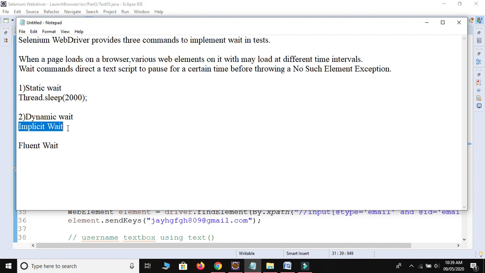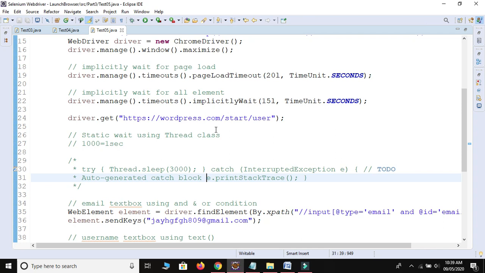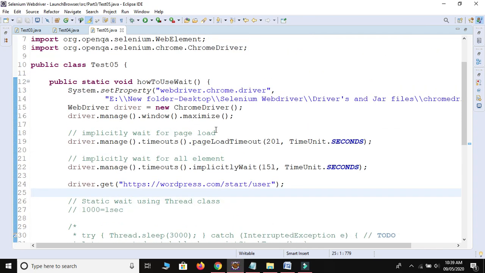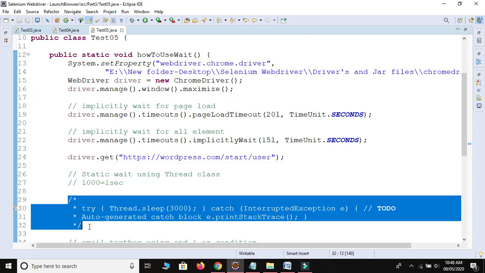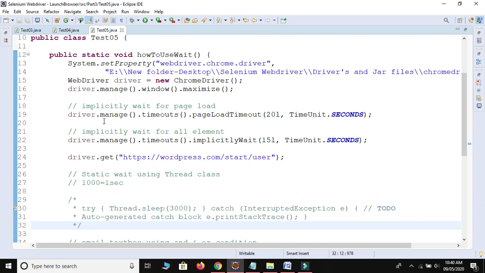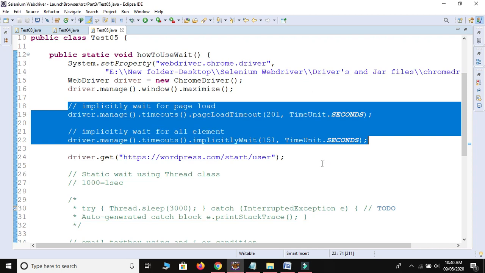Implicit wait is applicable for each and every element on the web page, while fluent wait is applicable for only a single element. Don't worry guys, I will create a new video on fluent wait. I hope you get some idea from this video about which wait is good for your script and how to implement wait in your script.